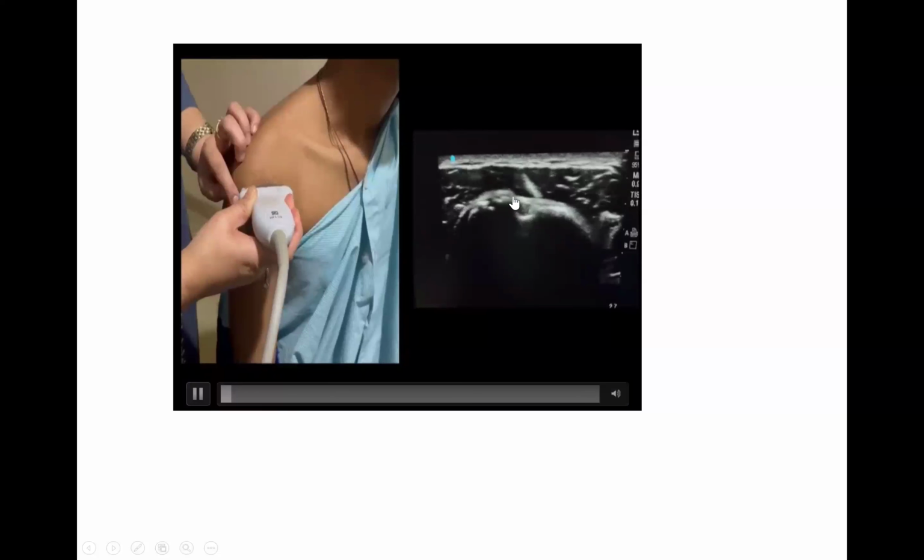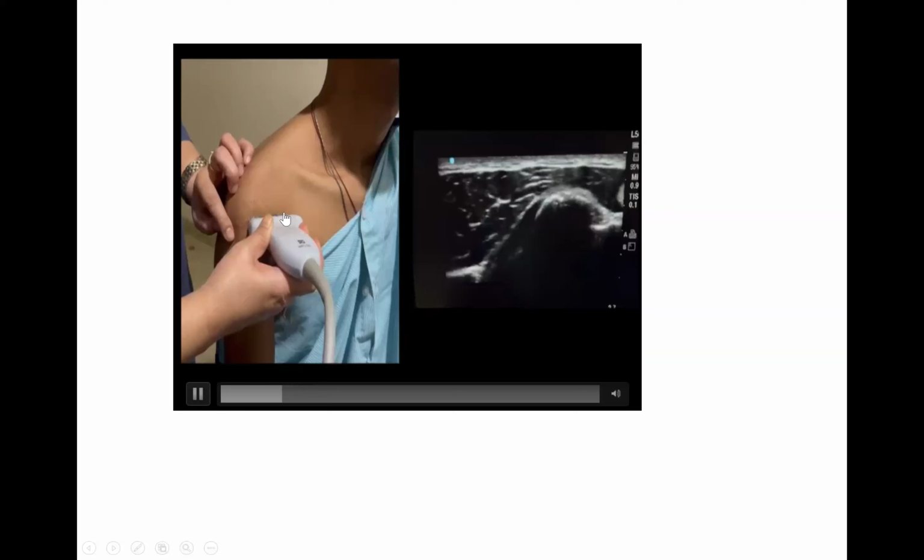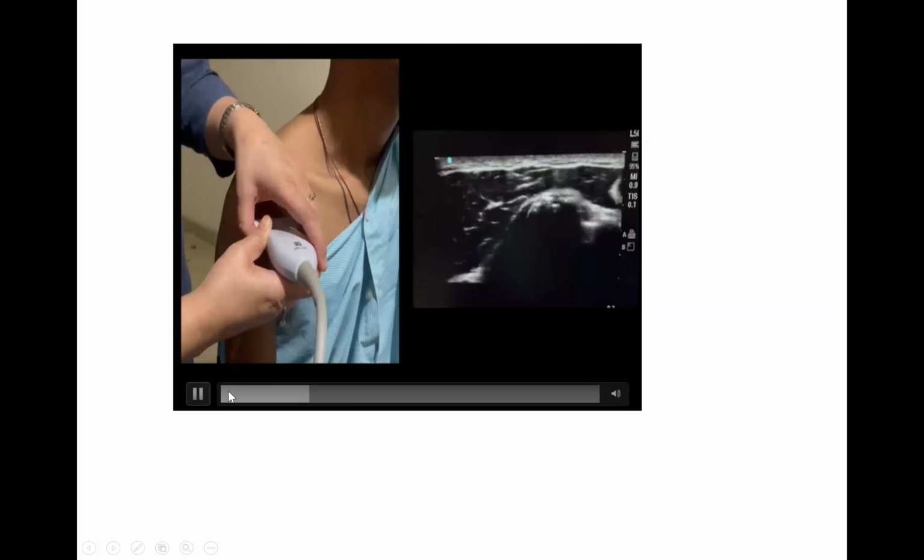Now look at the video. Here our probe is on the... we were looking at